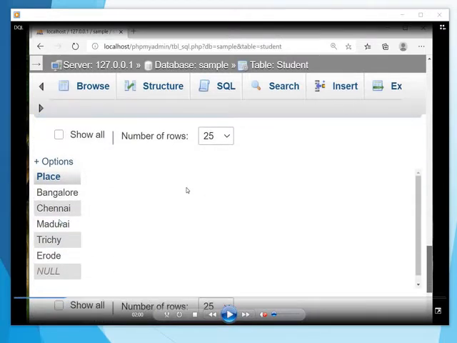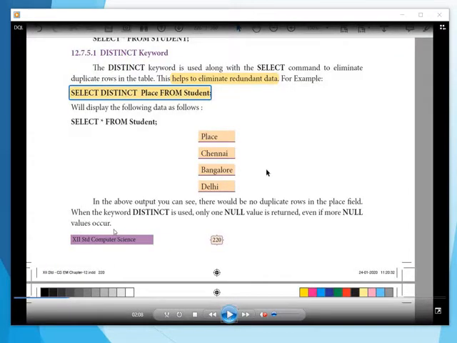So it is giving Bangalore, Chennai, Madurai, Trichy, Erode. So only one time it is displaying. It is giving null also, because if more than 2 nulls are present it will give the null also. So in the above output you can see there are no duplicate rows in the place field.